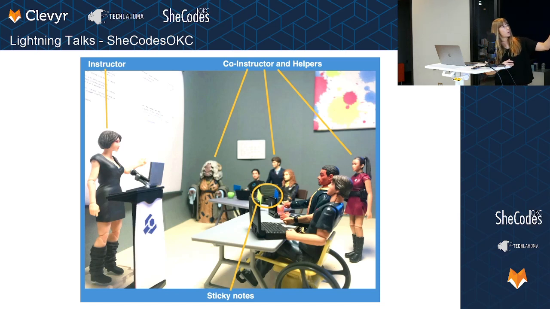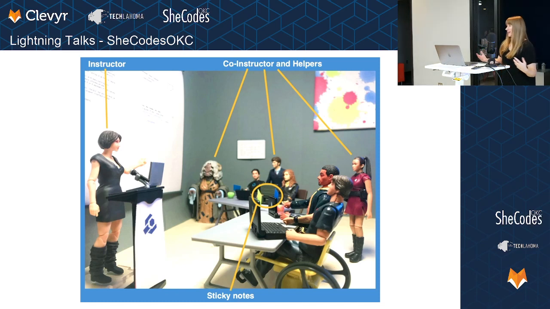This is what an in-person workshop would look like. I did not make this picture, this is from the Carpentries. So typically instructors will co-teach, so there will be an instructor live coding from their device.